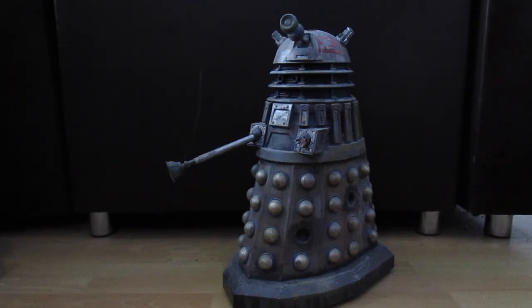Now, looking back on it, I actually would have liked to have made this into Rusty now, rather than just a standard Asylum Dalek, but we didn't know of Rusty at the time, so it's a bit of a shame. But Rusty is another point which I will just raise. I've had several people